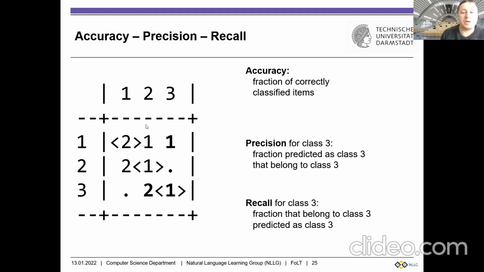We can get a recall and precision for each class, also for class 2, for class 1. And finally, we can get an F measure for all of those 3 classes. And then finally, we can make a macro F1 score that is averaging the F measures for all 3 classes. In this case, we have 3 classes, but more generally, we would have N classes.